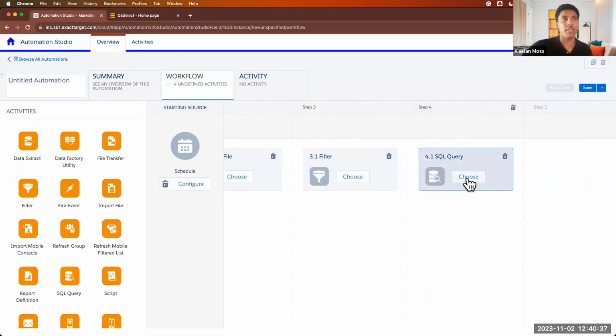SQL query is sort of the same thing as a filter, but if you're a little bit wary of SQL Studio and you're not really sure how to use it, you are in the right place right now. Anthony and his team are the people to go to for DESelect. If you don't know how to use SQL, you do have the ability to have an assistant, something there to help you segment your data and find the customers. If your data is more complex than just city equals San Diego, you're going to have to use a SQL query. But if you don't know SQL, you're going to have assistance.